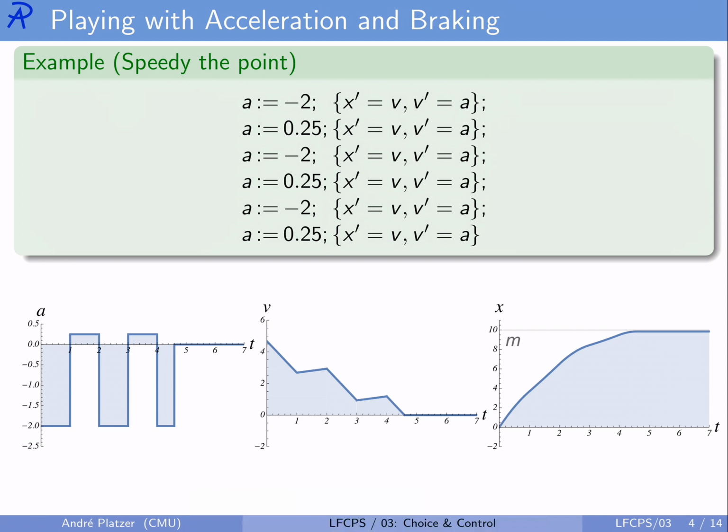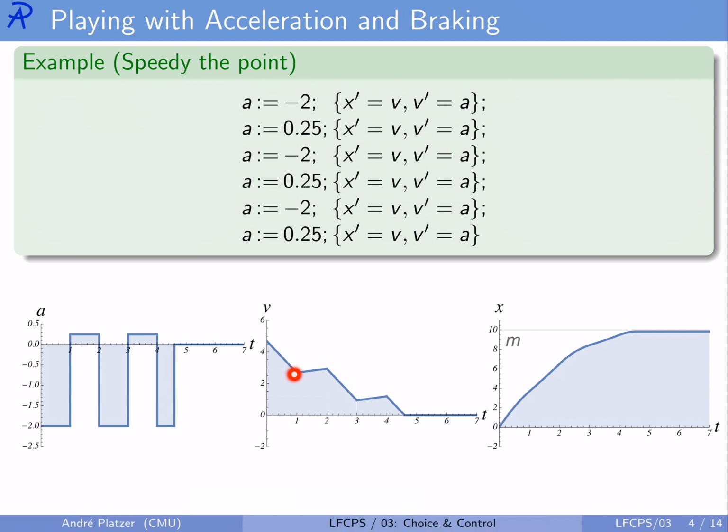That can already describe behavior such as acceleration is -2 for some period of time, then it's changed to a quarter for some period of time, then it goes back to -2 and a quarter and -2, and let's just say ultimately it's 0,